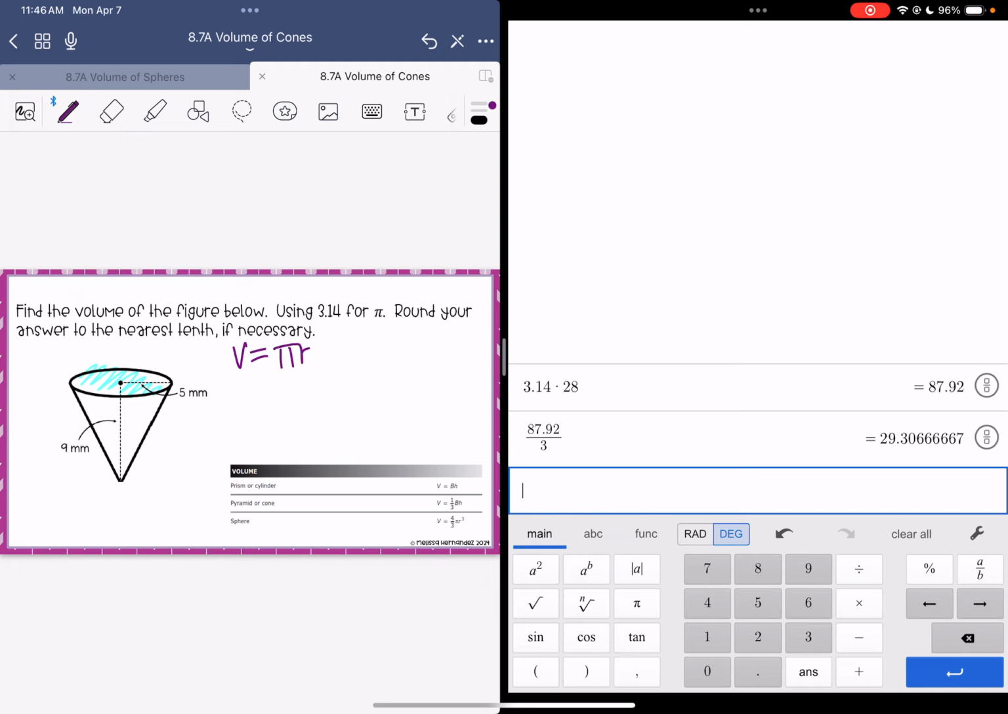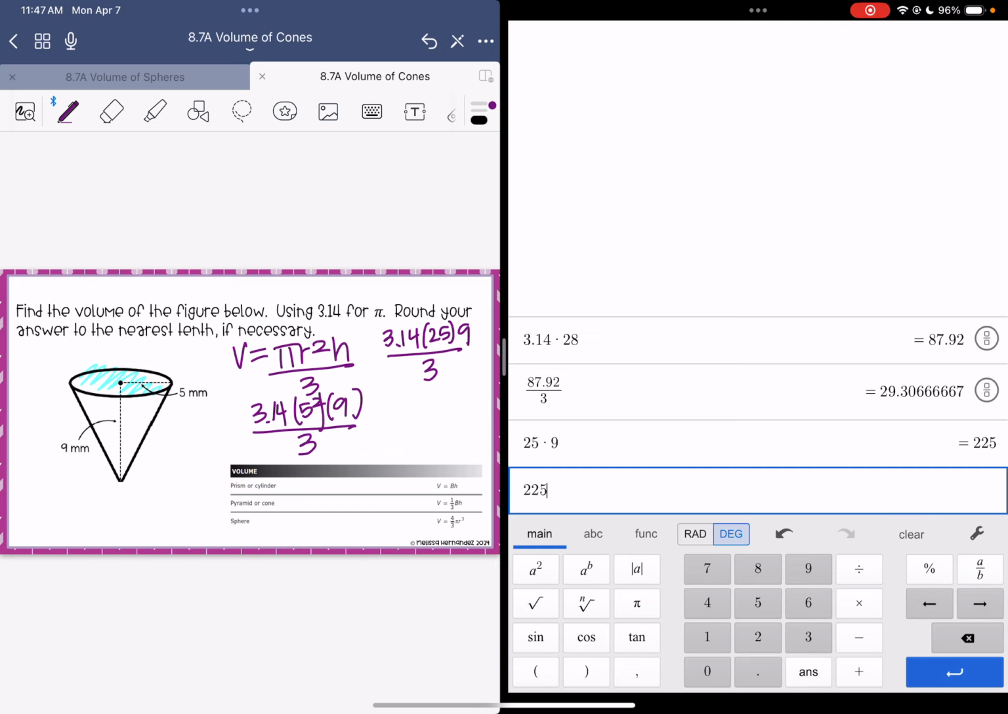It's pi r squared times height divided by 3. And I know that 5 squared, I'm going to plug in as much as I can and go as quick as I can because I know it probably gets boring watching videos. So I know this is 3.14. 5 squared means 5 times 5, which is 25. So now we've got 25 times 9. Then it's 225